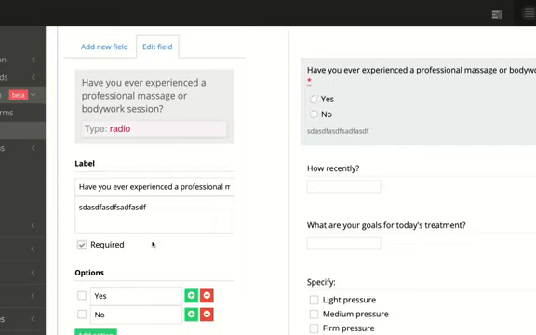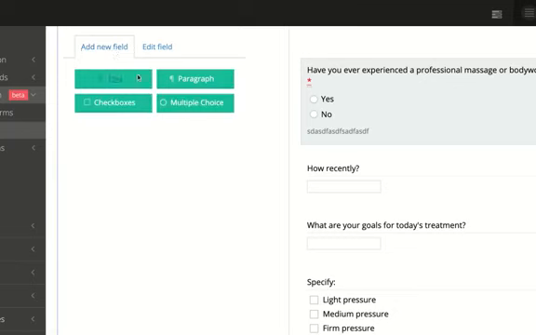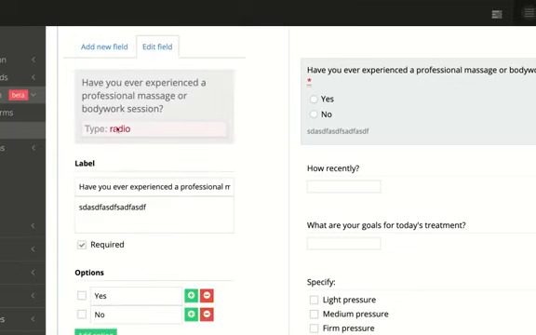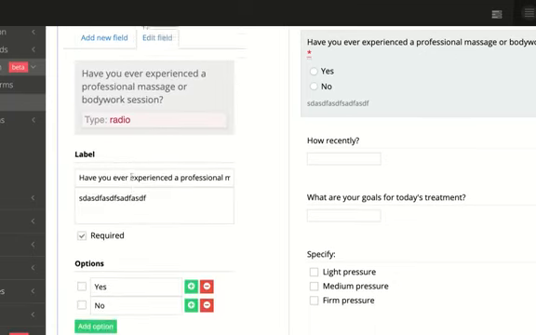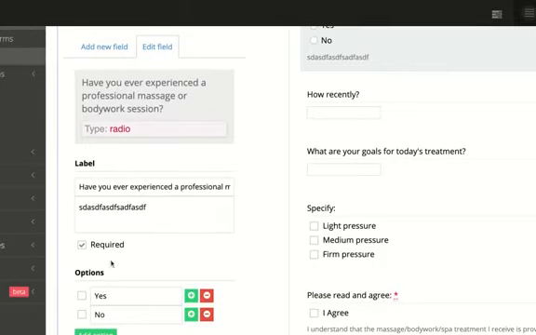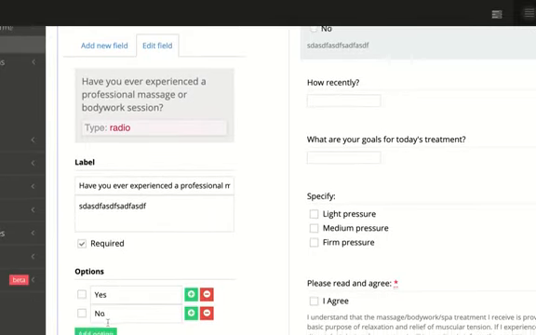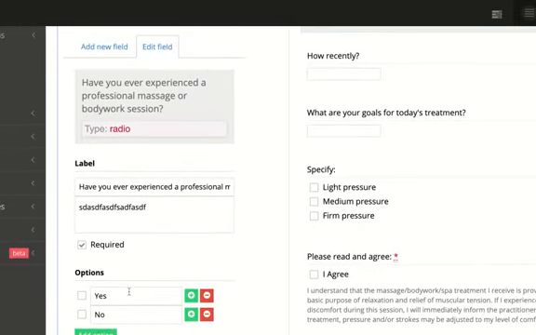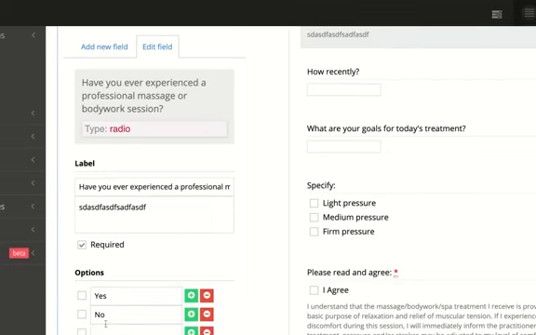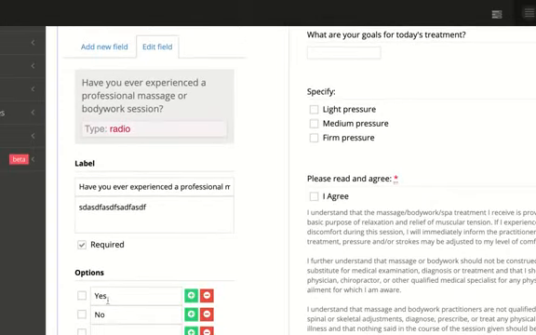So for this, I just did the radio, I think it's the multiple choice is the same. That's what the type is. And then down here we've got the options, yes and no. If you had something that you wanted to ask more, have more options to, you can click add option and it'll add,